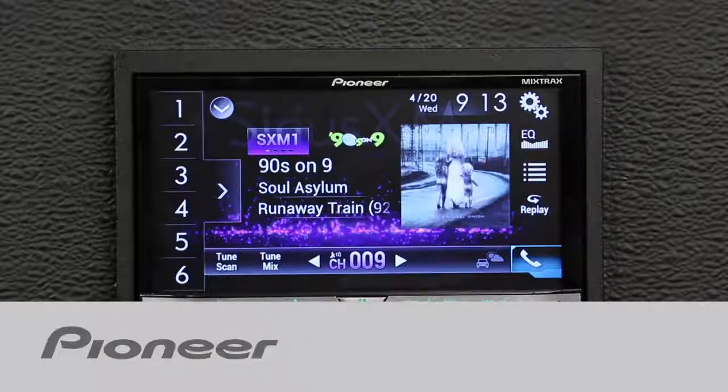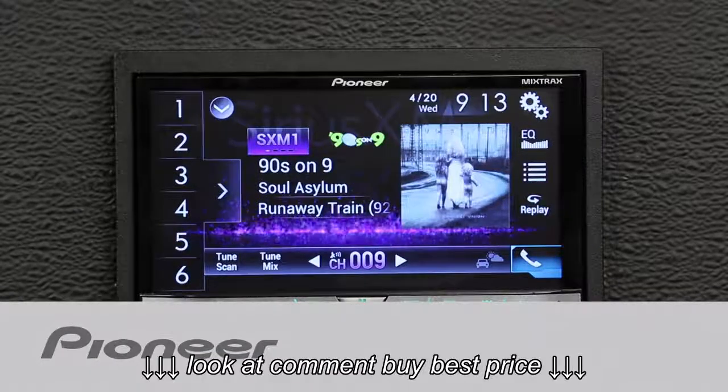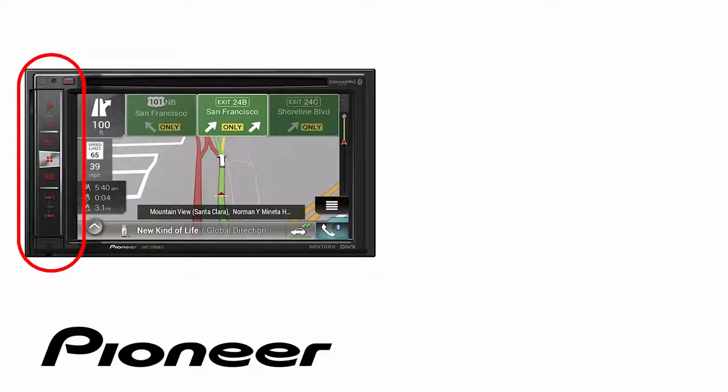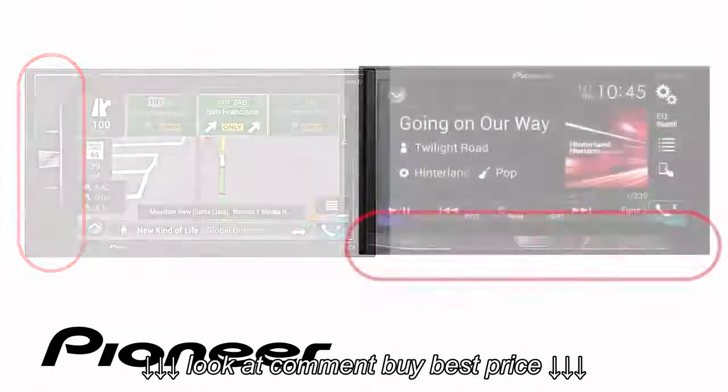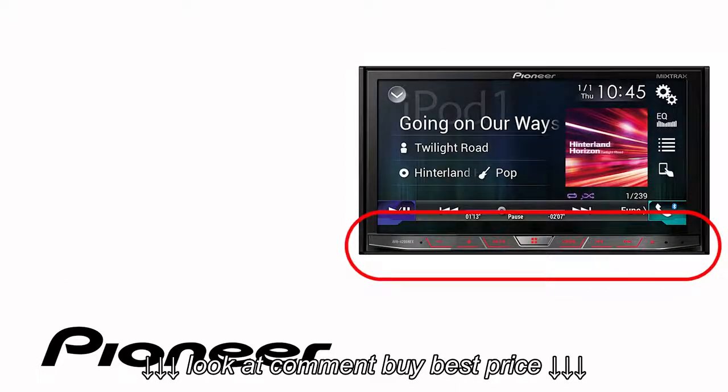Let's take a moment and we will check out the EQ settings on Pioneer NEX head units. Even though your particular receiver may have buttons on the side or across the bottom like this one, the on-screen